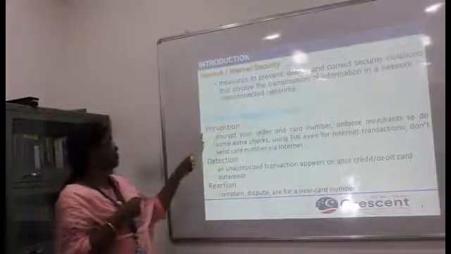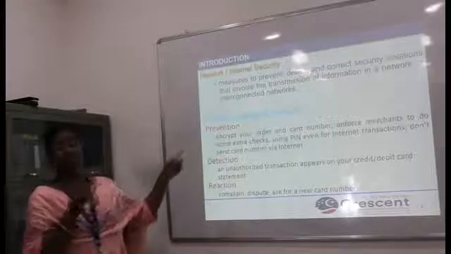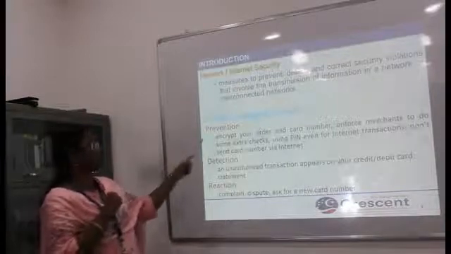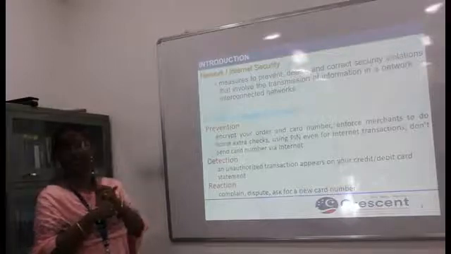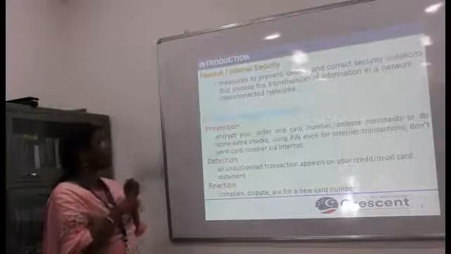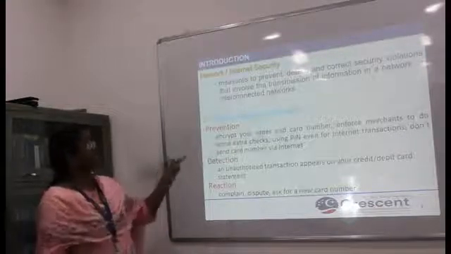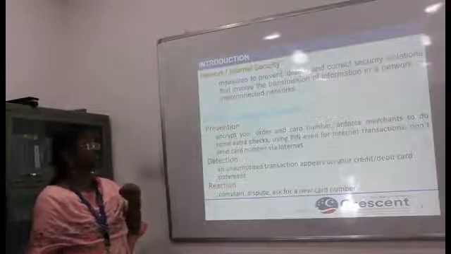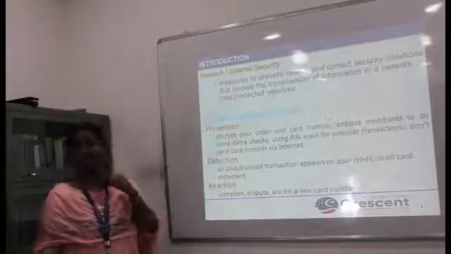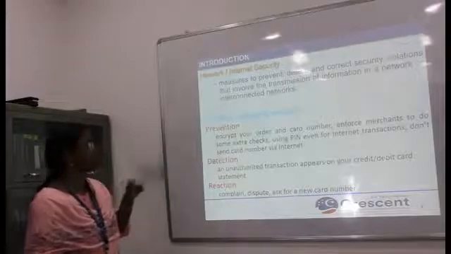So prevention. What is prevention here? What are the ways in which you can prevent the data from being compromised? You should not reveal the card number through the internet. You should encrypt the card number. You can enforce the merchants to do some extra checks using pins for internet transactions. All these are the various methods to prevent